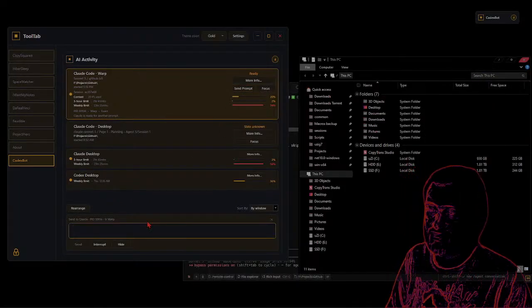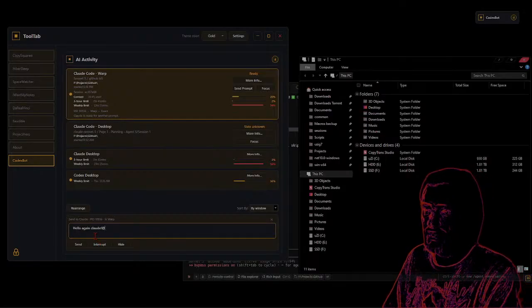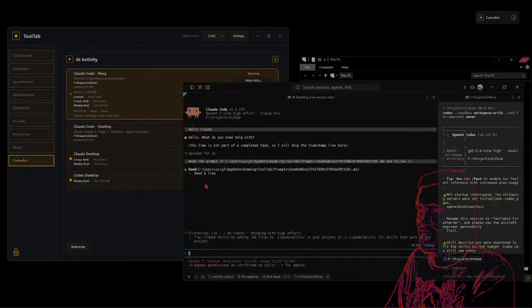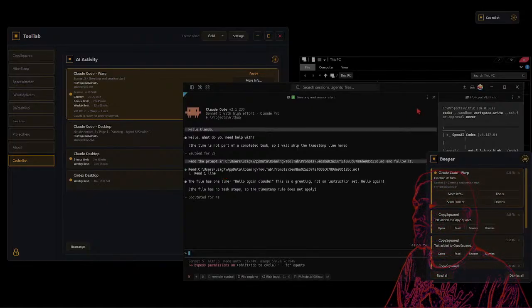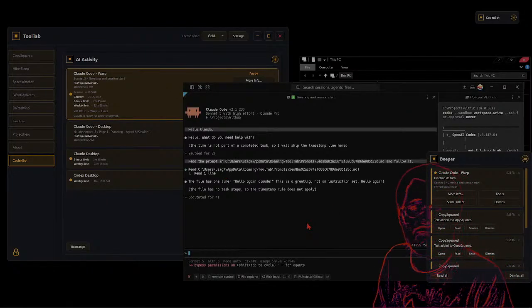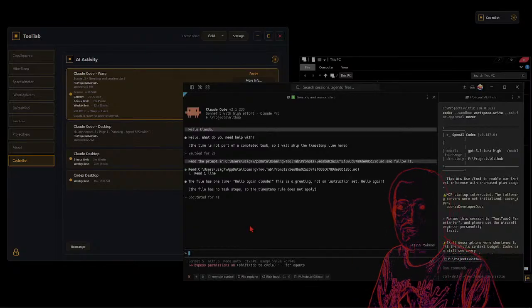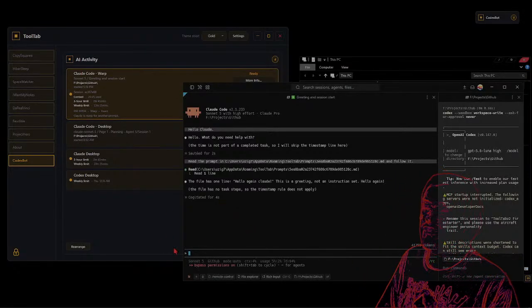So I can send a prompt here. I can say, hello again, Claude. And I can send that prompt. And then you'll notice in the background here, this had sent it and it's going. So the idea was to be able to have control over your sessions remotely. So if you have a whole bunch of windows open, you don't have to go and find your window, find that session exactly, and then send a prompt. So for example,